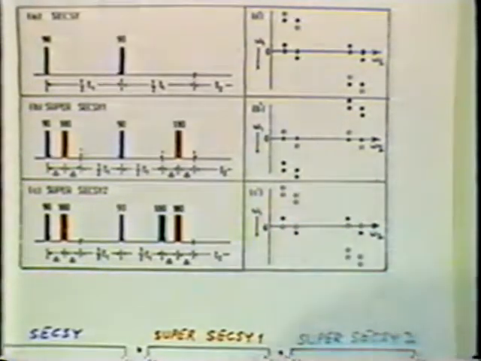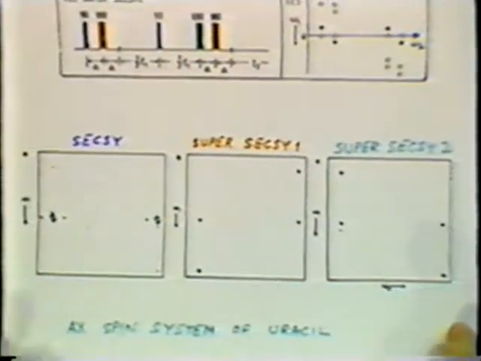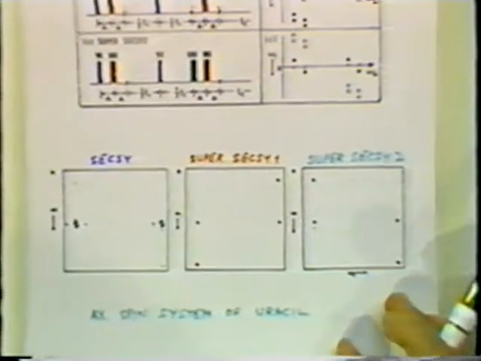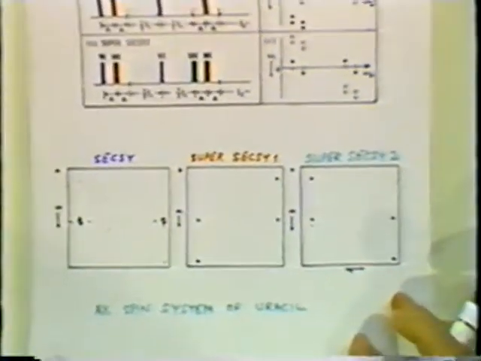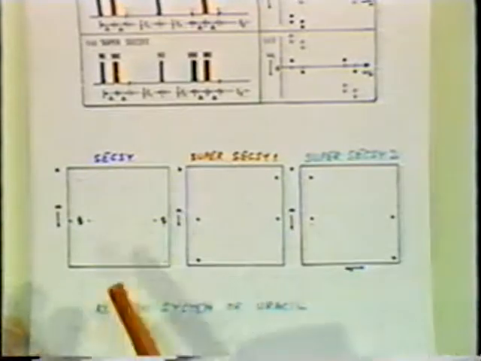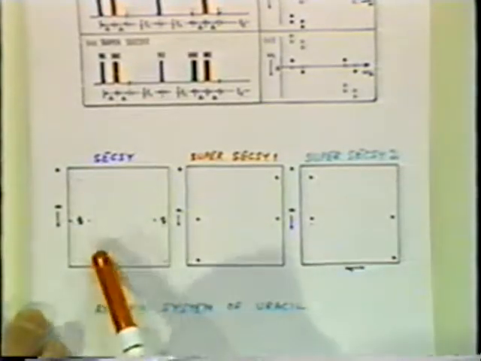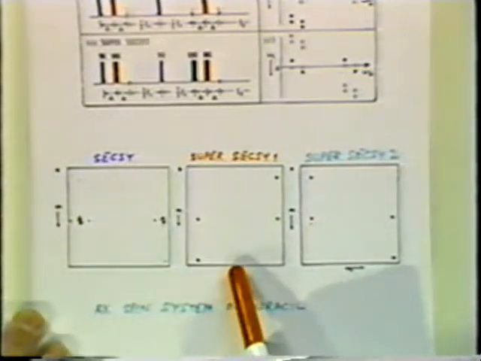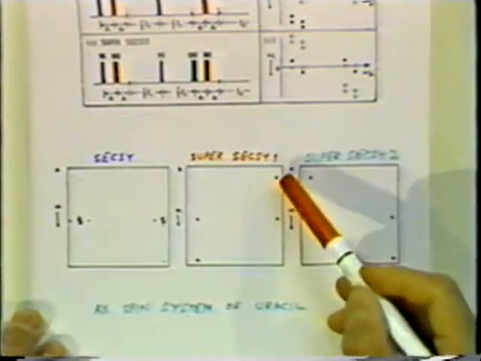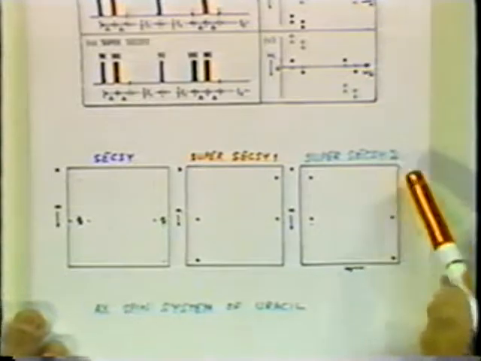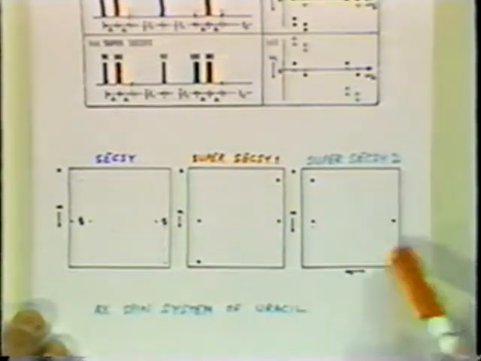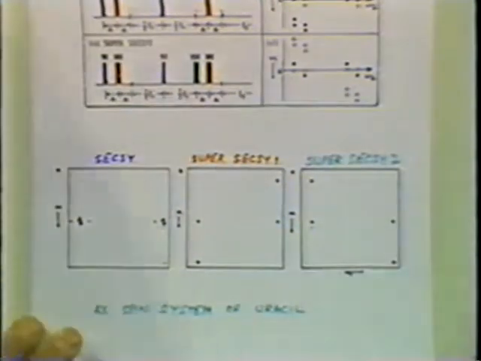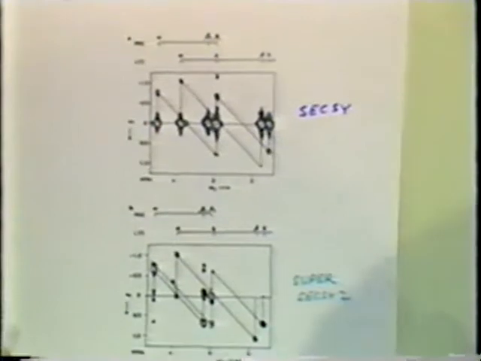Okay, and on the same two-spin system, the result is quite dramatic because it's a long T2, and the SECSY experiment in this, a crude one, gives very, very small cross peaks, but a super SECSY gives fairly nice cross peaks. And so it works in principle for a dipeptide. Also it works,